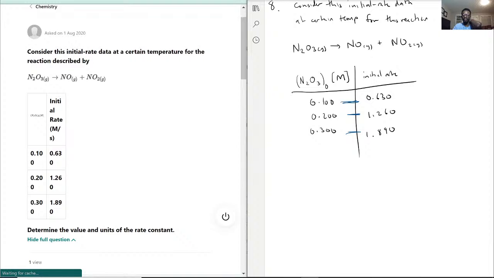Actually, we perform ratios here, but point being is that we do 0.100, that concentration had 0.630 of a rate, and 0.200 concentration had 1.260 of the rate. Okay, so if we did some moving about here, well actually we don't need to move anything actually. If we just divided by each one,